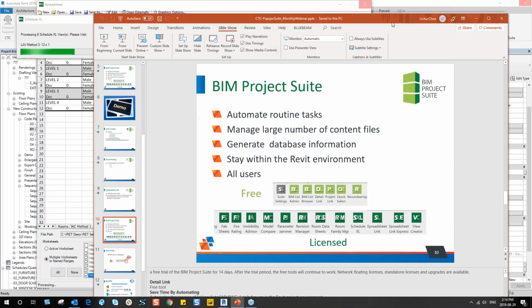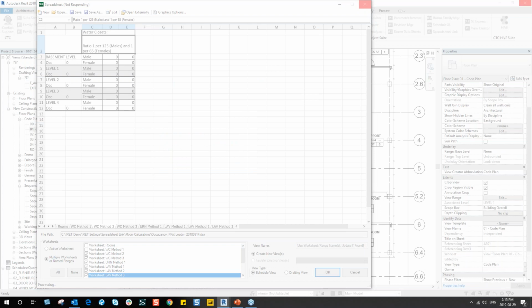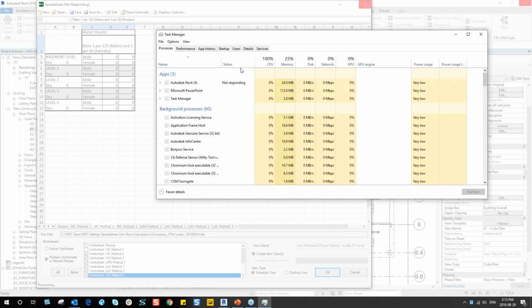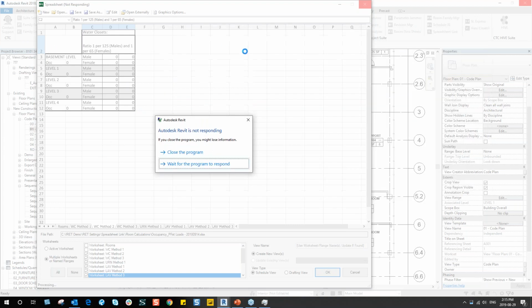Okay, so let me see what's actually happening here. Something looks like it's not responding. So let me close out of this. I'm going to close out of that and let me run that again. Oh, that's not good. I'll have to